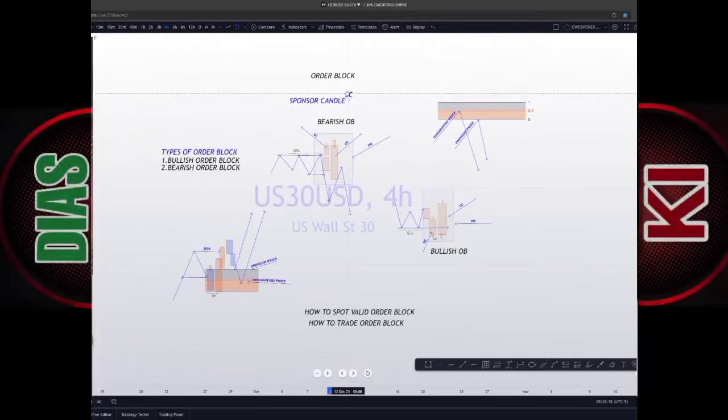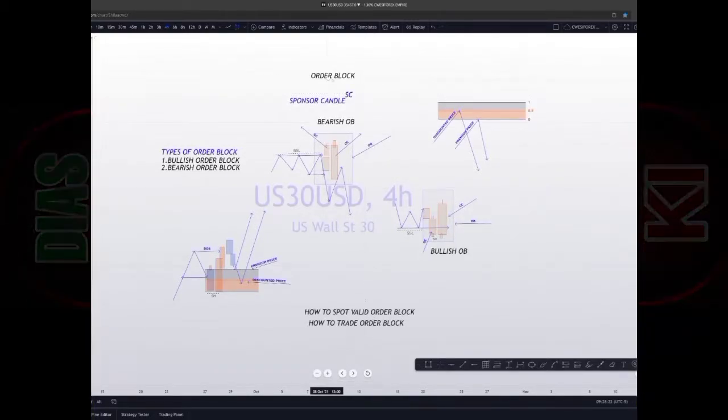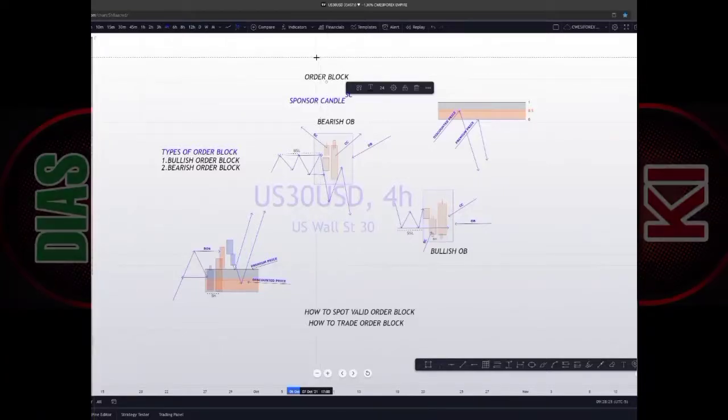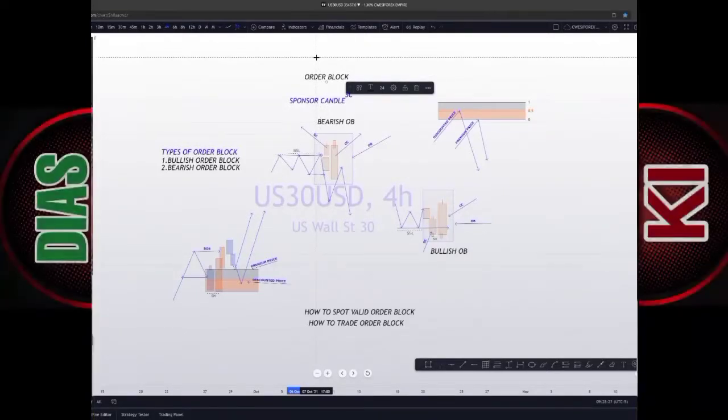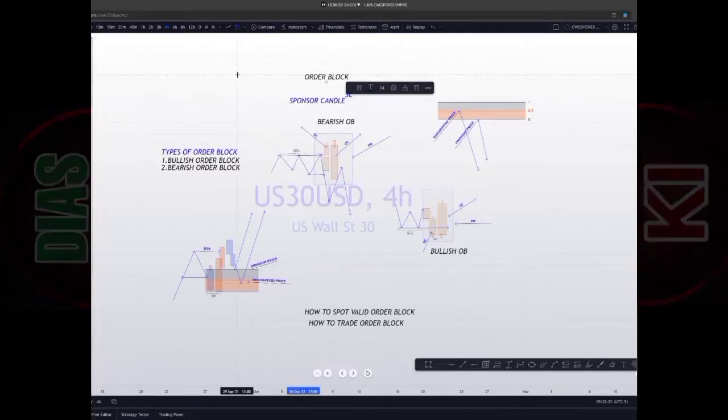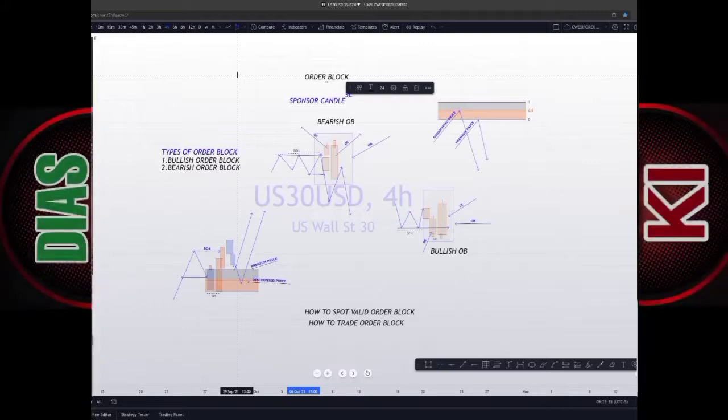We are continuing from the previous session, where we ended on order blocks. So you said an order block is valid when there is what? A break of structure in the market. You get it? So it's valid